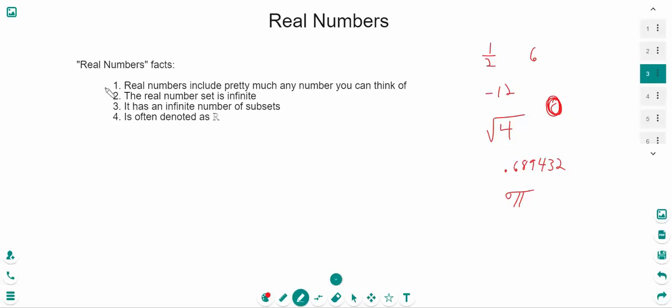And we speak to that in the second fact. The real number set is infinite. Infinite meaning it has no end, right? So it just goes and goes and goes forever. So there are a lot of real numbers out there. Now let's move on to fact 3. It has an infinite number of subsets. So again, if you kind of